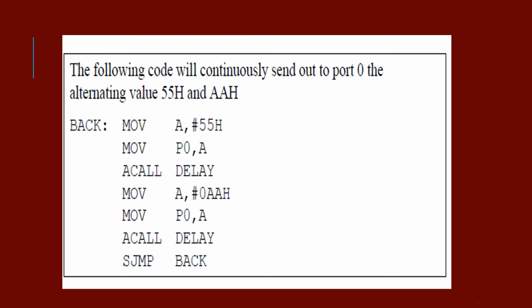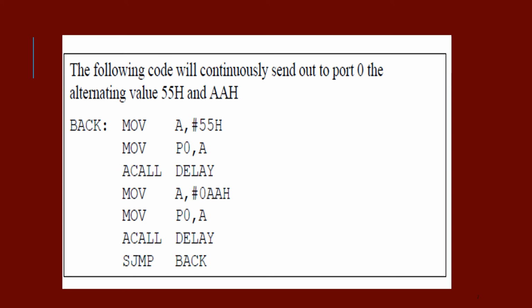Here is a small illustration of how to use the port in a program. MOV A, #55h, say for example 0101 0101, this data I have transferred into the accumulator. Now the second instruction is MOV P0, A. Meaning whatever is in the accumulator is copied, transferred into port 0. P0 corresponds to port 0. By default both of them are 8 bits in size. So whatever 8 bits are there in the accumulator are copied on the respective pins of port P0. A small delay I have called, and then MOV A, #0AAH.